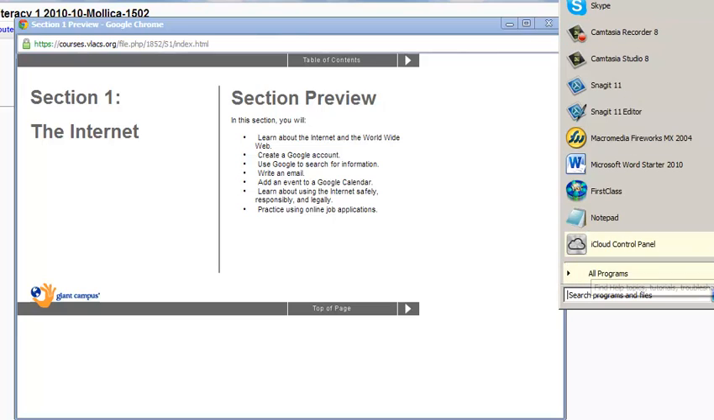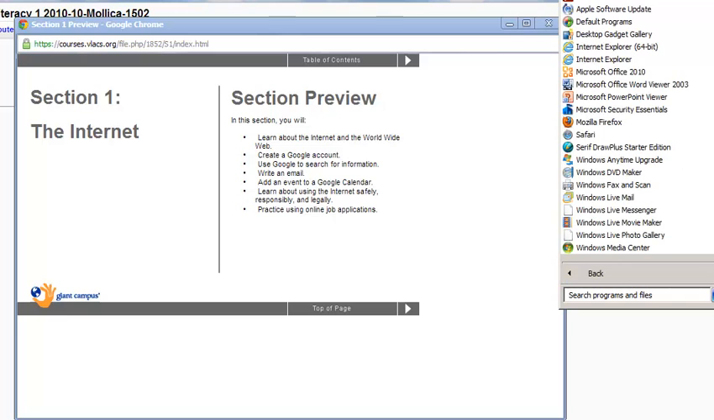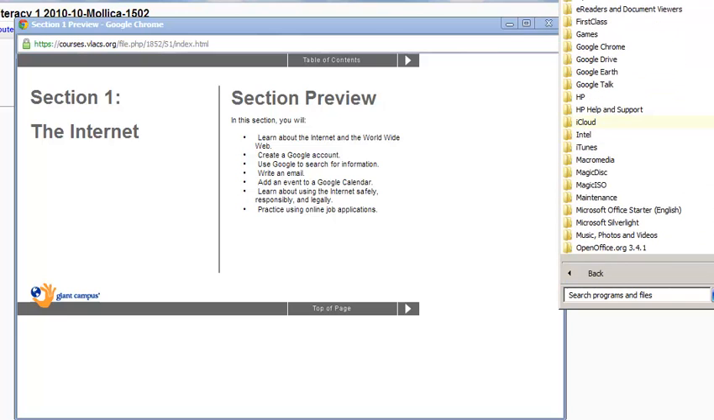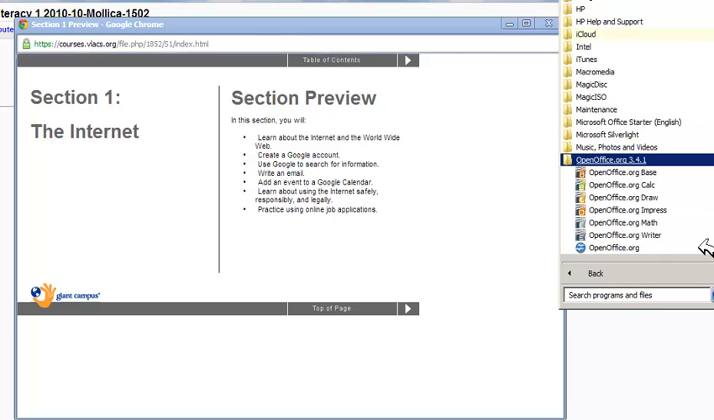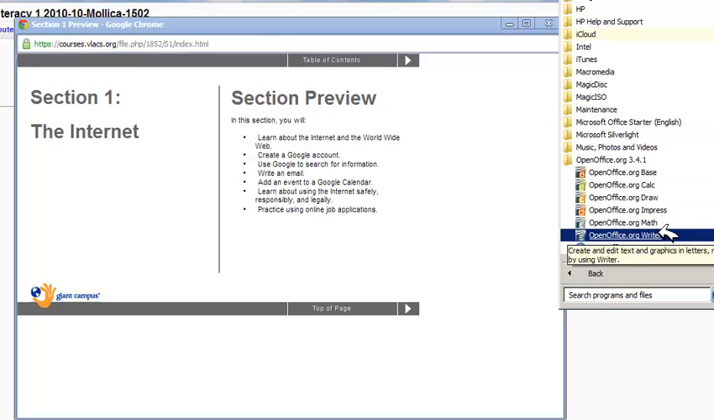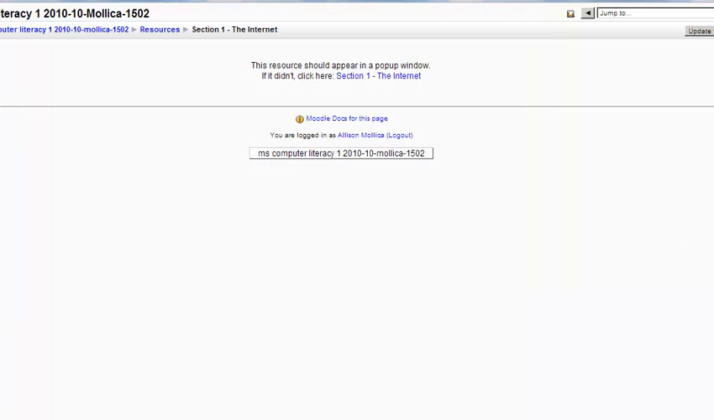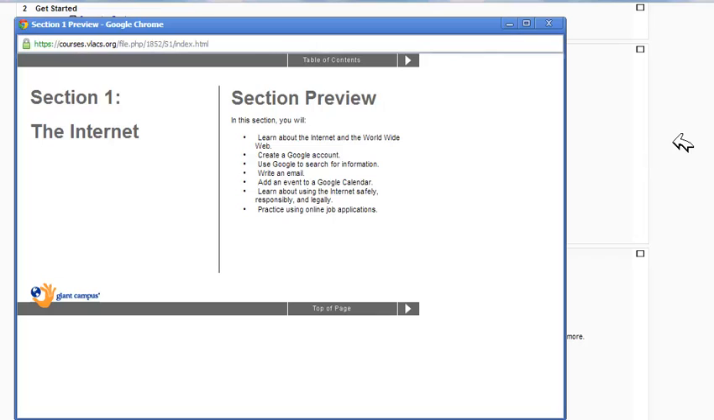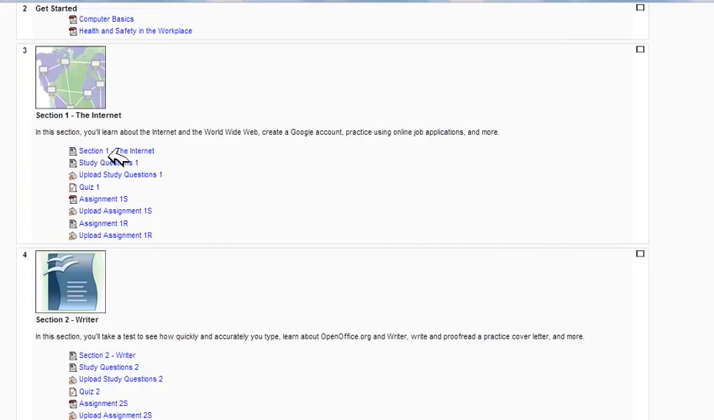but I'm going to want to start my study questions at the same time. So I'm going to click on All Programs, and I'm going to find my Open Office. I think I have it on here. Yep. Okay. And I'm using Open Office Writer. Okay. So while that's opening, I'm going to go toggle back using Alt Tab,